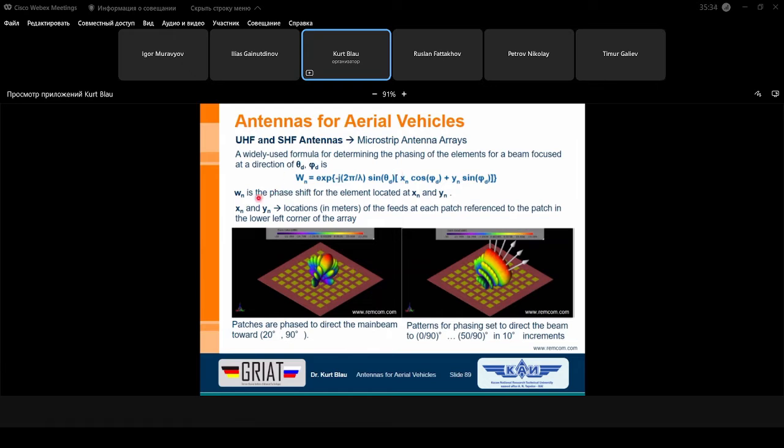Or you can think about what is to do. If you want to have a certain steering angle, then you know that, for instance, if you use only 2 elements, from the one to the next element you need, for instance, 30 degree in phase difference. From the first to the second element, 30 degree. From the second to the third element, you also need 30 degree. From the third to the fourth, 30 degree, and so on and so on. And the same rule in the y direction,